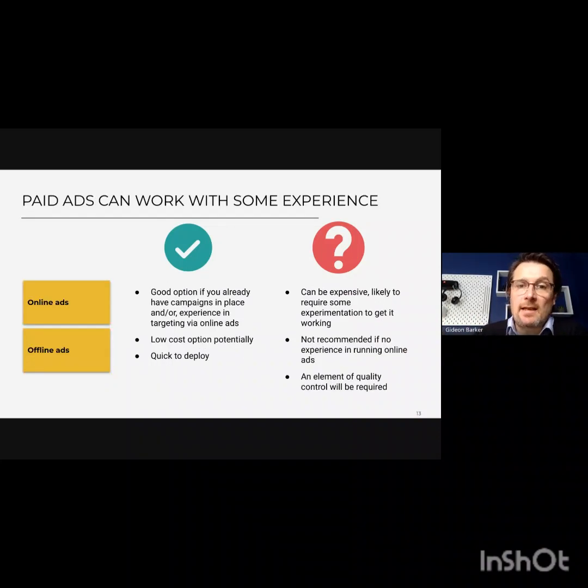Paid ads, as I said, I haven't got much experience of doing this for research purposes. I tend not to use this. I would tend to use research panels. But again, it's a really good option if you have experience and you know what you're doing, and you